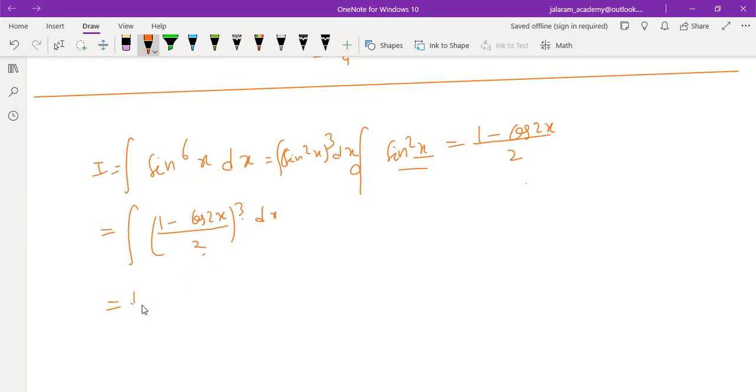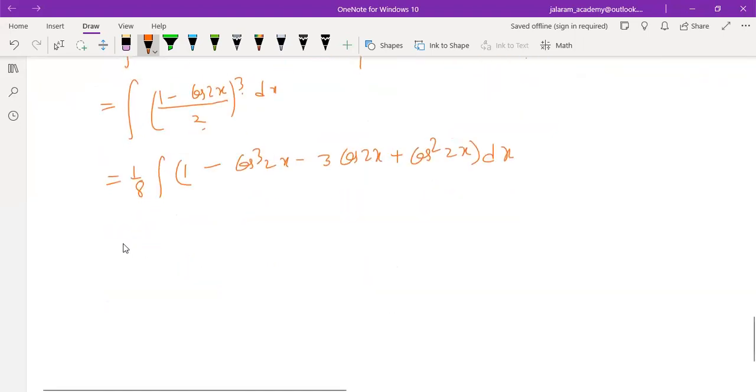But 2 cube is 8. So write this constant term outside the integration. And then use (a minus b) whole cube. So a cube minus b cube minus 3a square b plus 3ab square. Value of a is 1 and value of b is cos 2x. So a cube minus b cube minus 3a square b plus 3ab square. Then use 1 by 8 into integration of 1 dx. We know that integration of 1 is x